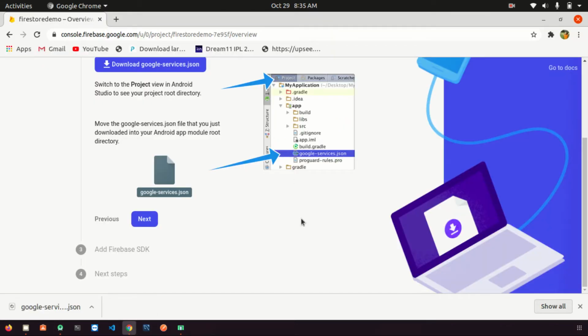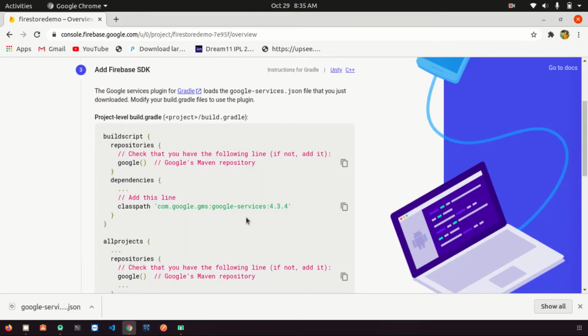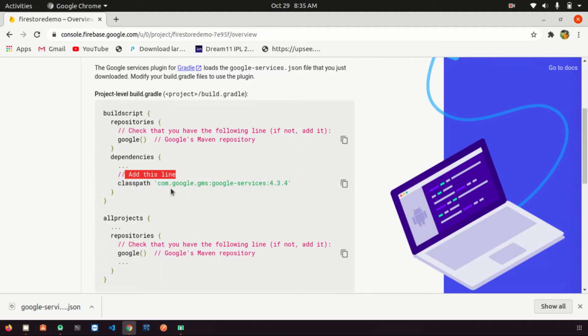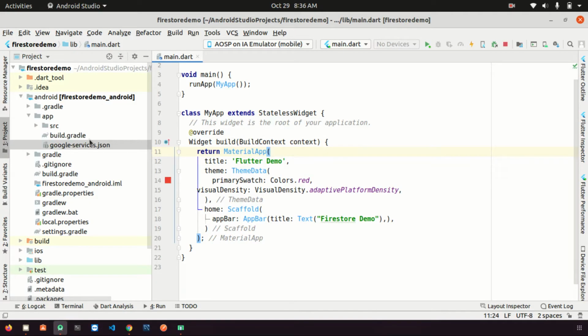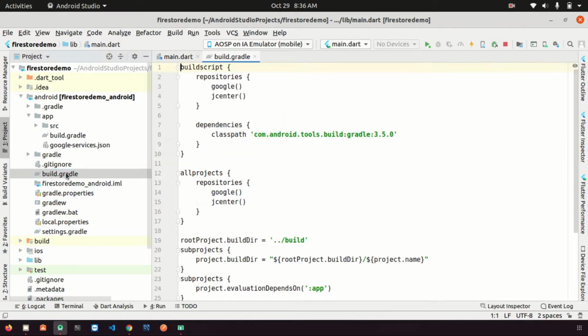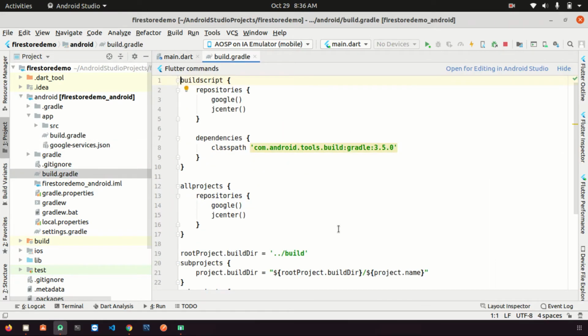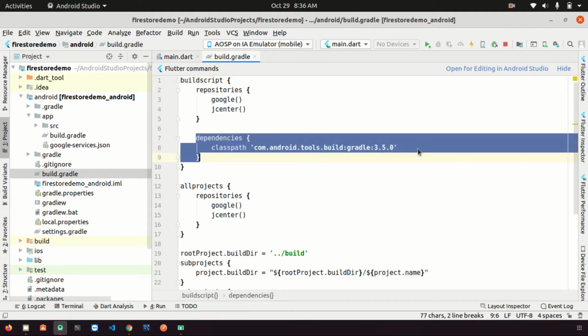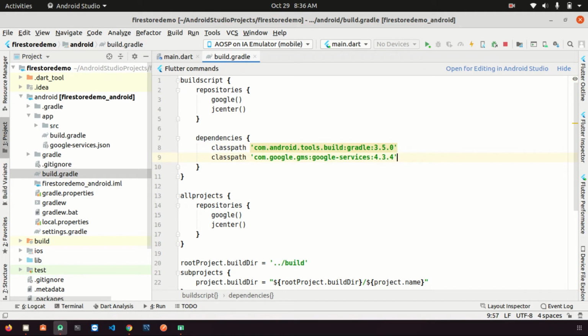Then the next step, just click the next button. In the project-level build.gradle, copy this line, classpath com.google.gms google-services, and go to the project-level build.gradle. Open the dependencies here and add it, save.